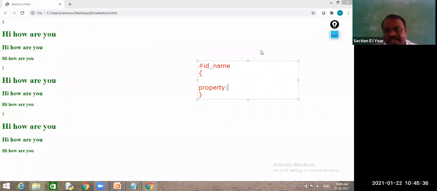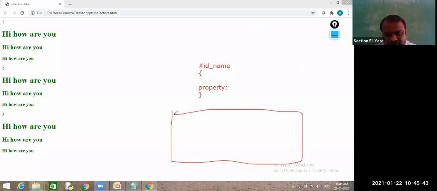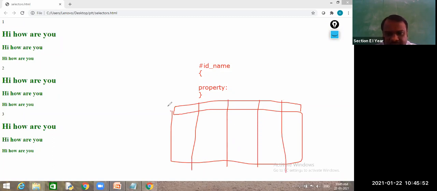So I will maintain your data, and I have an Excel sheet like this. Understand this properly. You are all students belonging to E section.